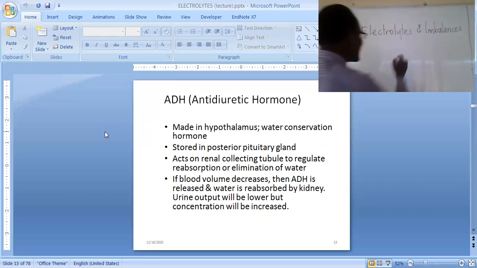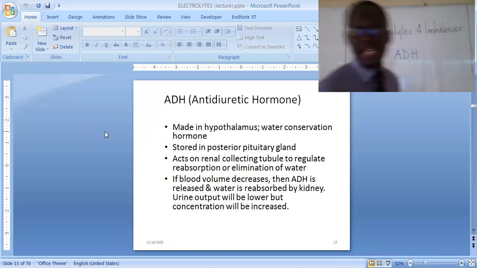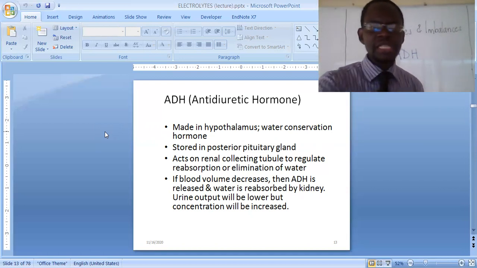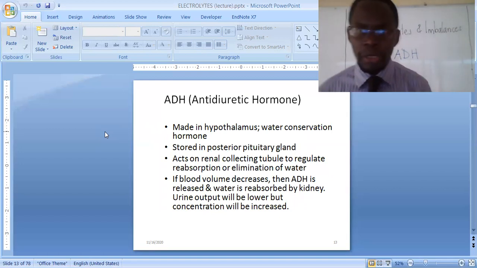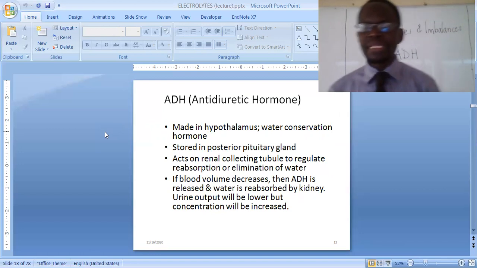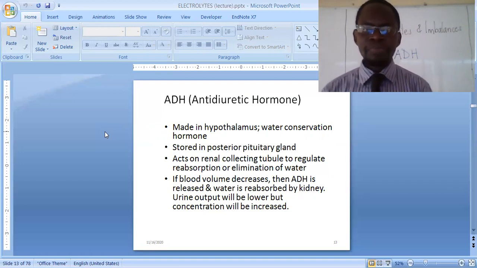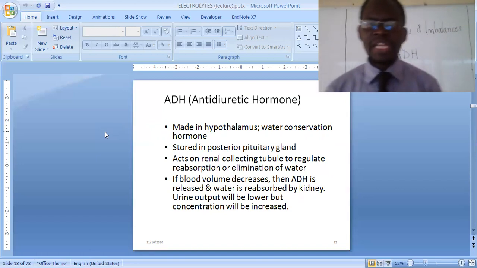Yeah. So ADH, anti-diuretic hormone. Now, ADH is, of course, what is a hormone? You will ask, what is a hormone? Hormones are basically substances that are secreted in blood to go and act at several places to cause changes there. Now, antidiuretic hormone, also called ADH, this one is basically